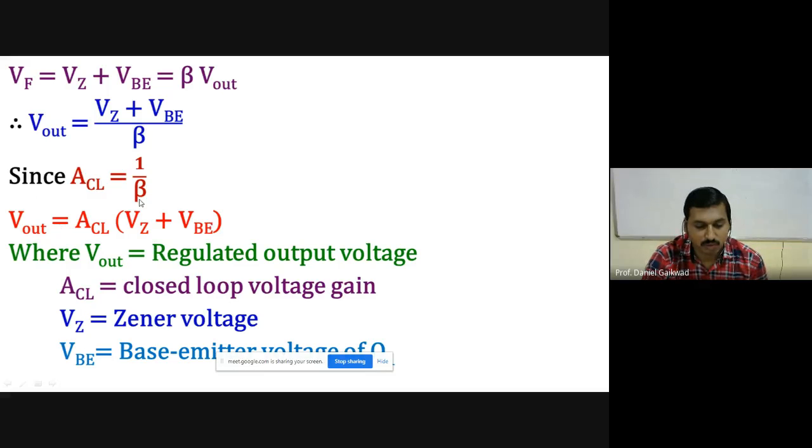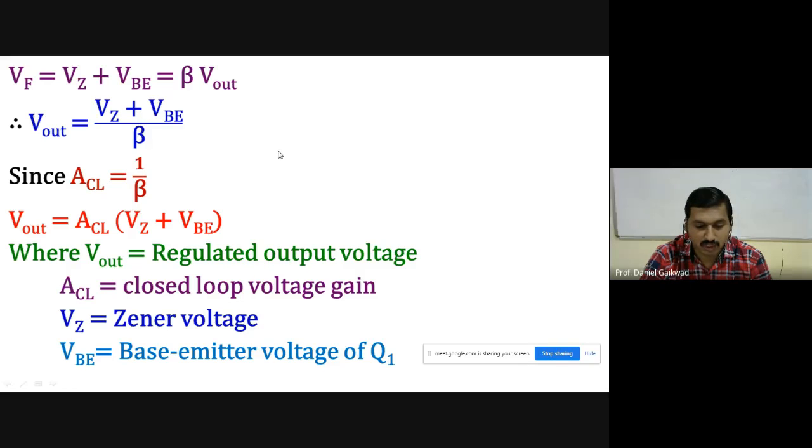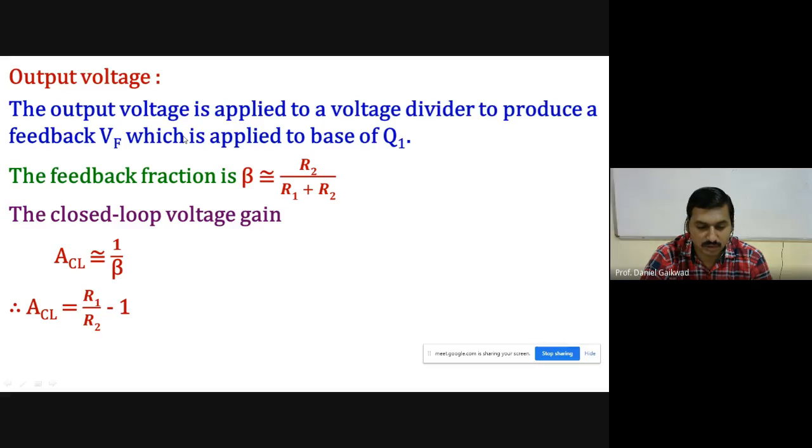So this is the formula for output voltage, the closed loop gain into Vz plus VBE, where V out is the regulated output voltage, ACL is the closed loop voltage gain, Vz is the Zener voltage, and VBE is the base emitter voltage of Q1 here. Okay, so we have two formulas for the